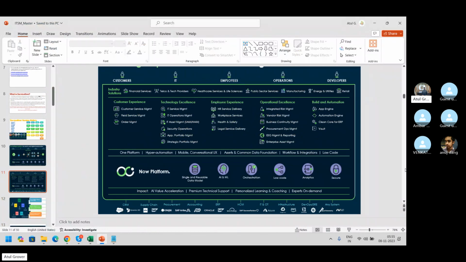Now, let's understand what is coming under these sections. So under customer management, we have three products. Atul, Anthony here. Go ahead, Anthony, please. Is it necessary to know all the products that are listed over there as a consultant? Because when we are giving a presentation or suggestion to the customer based on the requirement, we might need it, right? How will we know which one is there? And we need to have in-depth knowledge about all the products. What is your view, Atul?